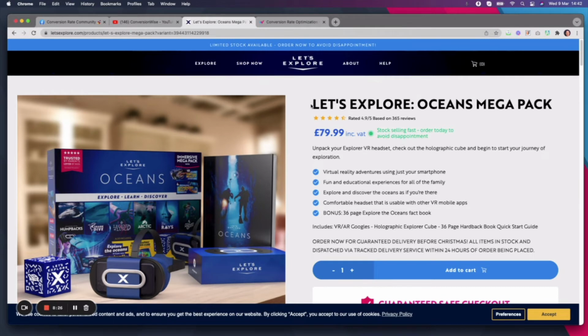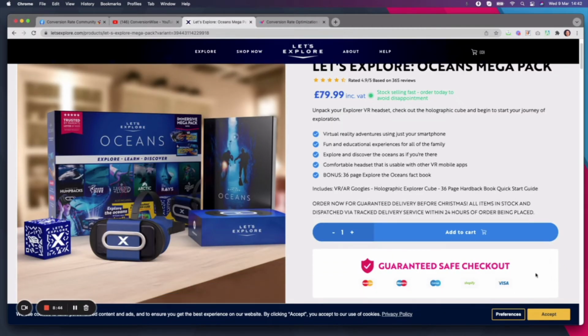So we have these key components. We've got a nice, strong value proposition. We have our social proof. We've got some bullet points here, pulling out those key benefits and features within the product, a very strong, large call to action so that it's super clear that there's an action for me to take. We have nice trust above the fold.